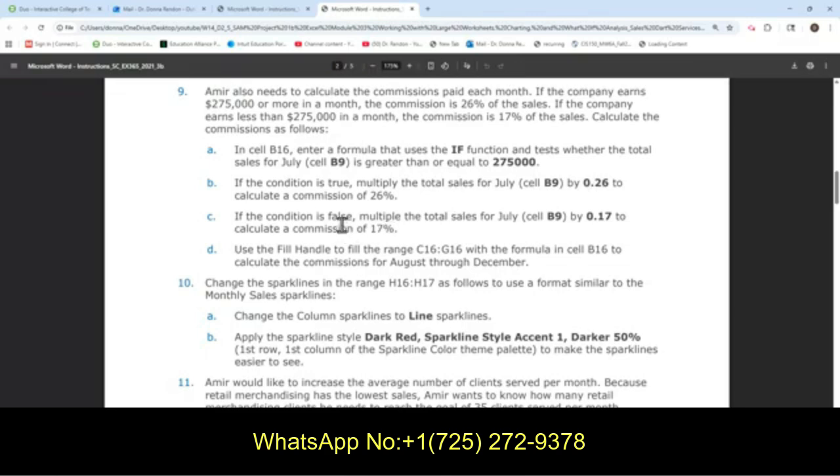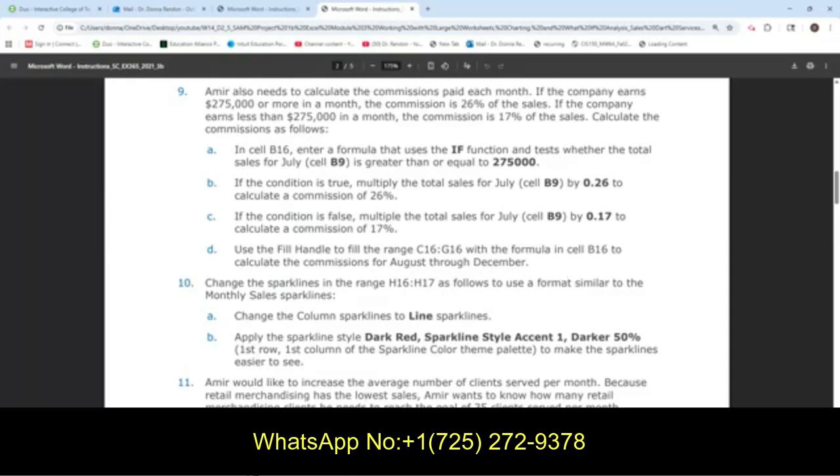And then if the condition is false, multiply the total sales for July, cell B9, by 0.17 or 17%. And then use the fill handle to fill the range C16 to G16 with the formula in cell B16.